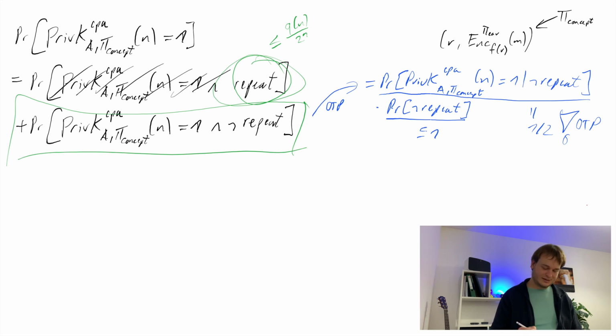We don't have it quite as easy because we don't necessarily use the one-time pad, we use any eavesdropping-secure encryption scheme. So what we need to do is a reduction in order to show that this one here is ideally at most 1/2 plus something negligible. Again, I'm using the trick that I remove all of the absolute values from the security definitions. So this is a reduction. What we're doing is taking this adversary A and using it to construct an adversary A prime against the eavesdropping security of the original scheme.